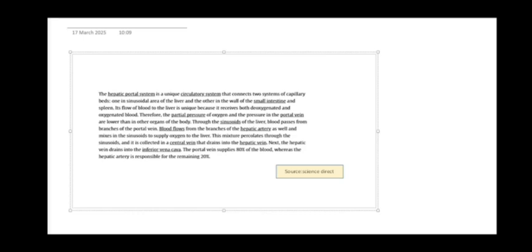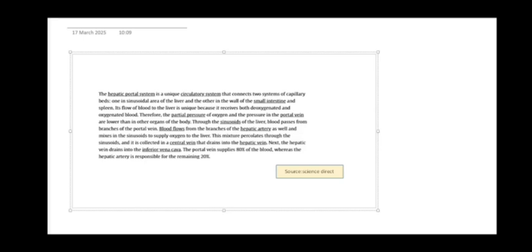The hepatic portal system is a unique circulatory system that connects two systems of the capillary bed, one in the sinusoidal area of the liver and the other in the wall of the small intestine. So the most important line is here. What we can underline here is: one in the sinusoidal area of the liver and the other in the wall of the small intestine, we can say. Okay,